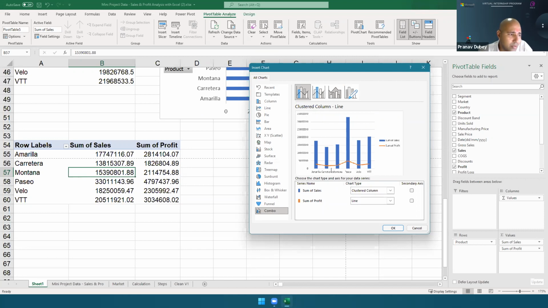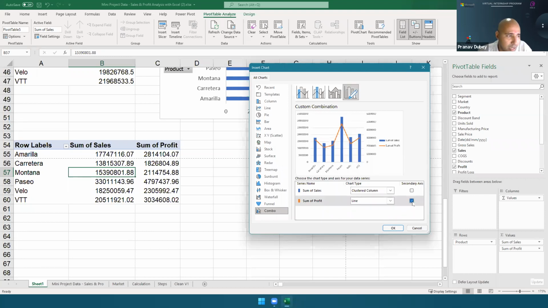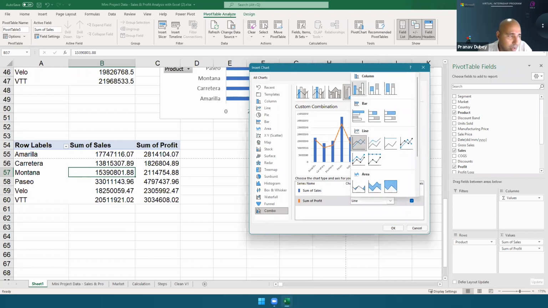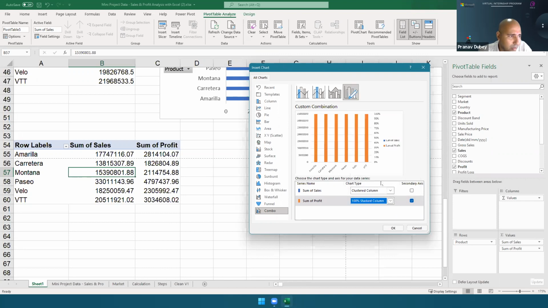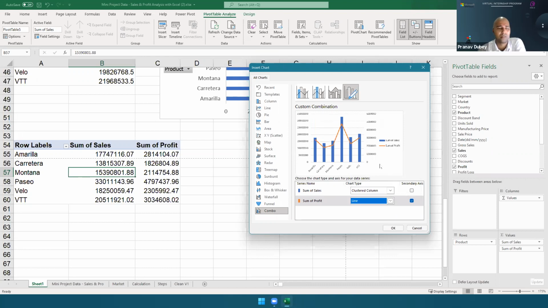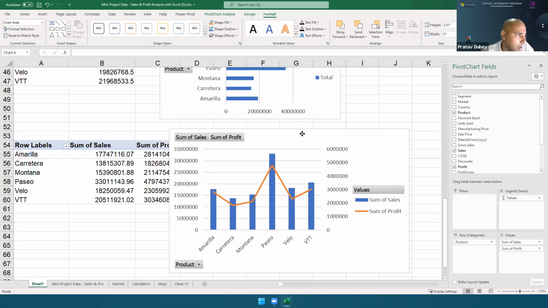Instead of this, we can create a secondary axis, so we can have a y axis on the left and right side. Once we have a secondary axis, even if we keep a clustered column chart, here the line chart will only work. In a combo, we have a combination. Now this looks better than the previous chart. When I click OK, I can look at my combo chart.